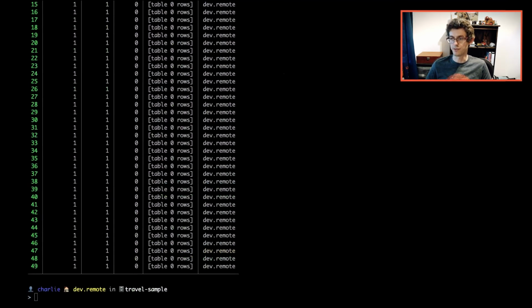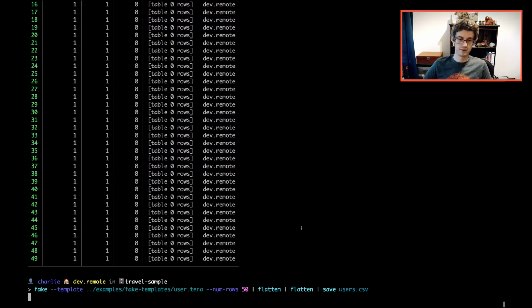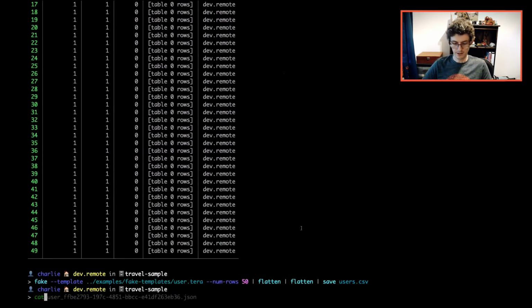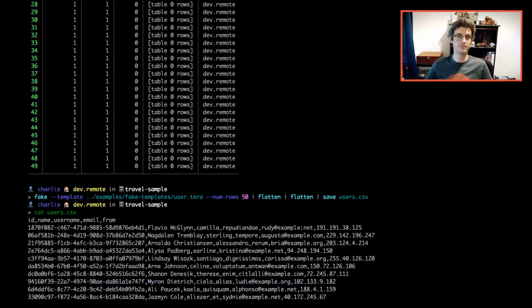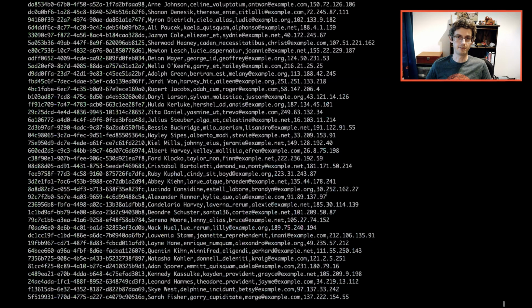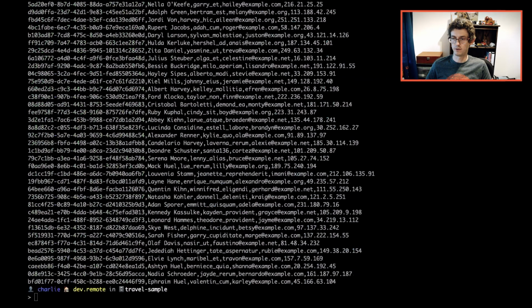If we wanted to do something similar, but as a CSV, we would use a similar command, save as CSV. And then if we have a look at what's in there, once again, Nushell has seen the file type and saved it as a proper CSV. And then if we want to work with this,